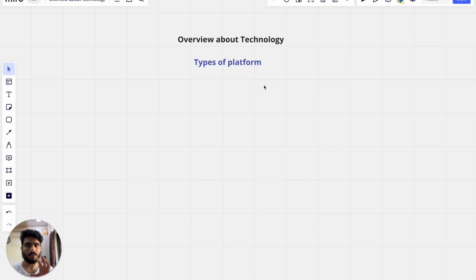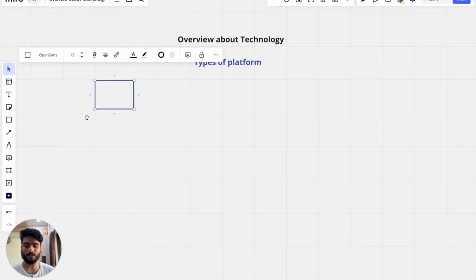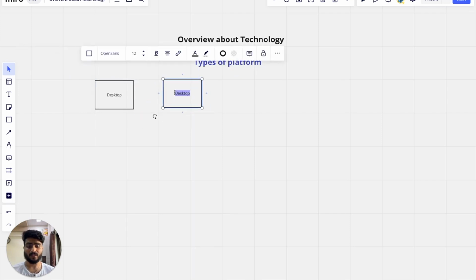So let's first list down all the technologies available for each and every platform. Let's say if someone is asking you to develop a desktop application, we should give the options, and we should know which technology can be used to develop the desktop application. Those things we are going to discuss today. So let me draw the lines for the things which are available. Let's say we have first desktop application. Then the second one we can say mobile,